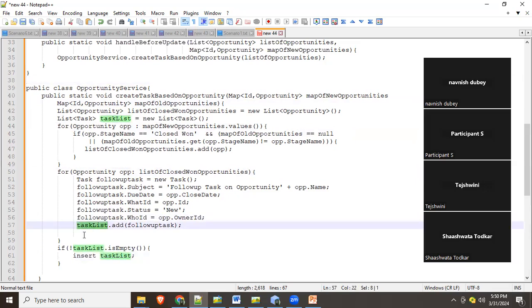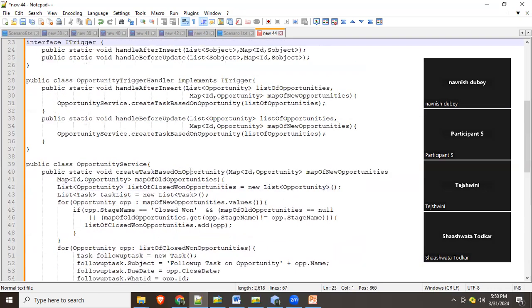Task list will be empty and then the empty list will try to insert and throw an exception. So here it needs the new and old. So old would be null, and here it would be